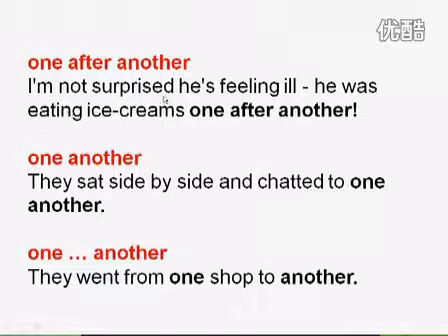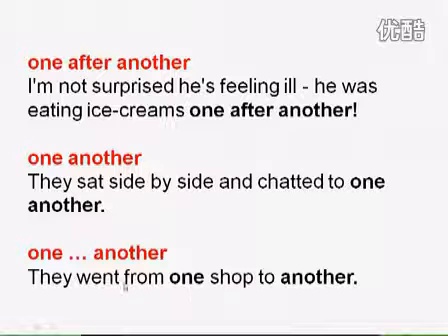One after another，所以一个接一个的 one after another。那么下面这个呢？They sat side by side and chatted to one another. Side by side，他们就是两个坐在一起，然后在聊天是吧？Chatted to one another，彼此。那这个呢？One another. They went from one shop to another，一个接一个的商店在逛哈，一个商店接一个商店在逛。那其实这个跟上面第一个是差不多的，只不过这个中间应该加一个宾语。They went from one shop to another, 对吧？